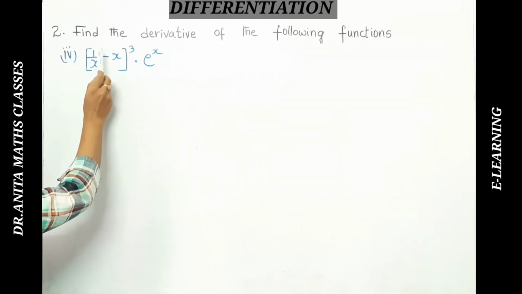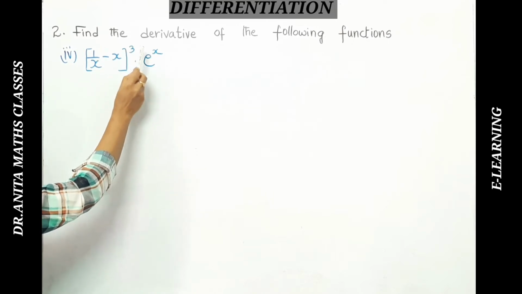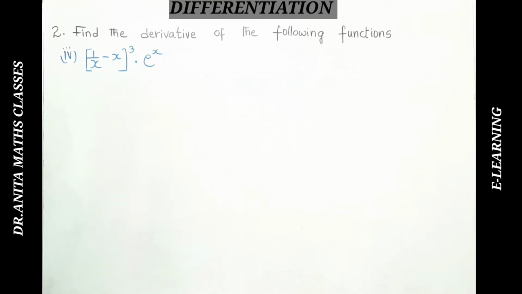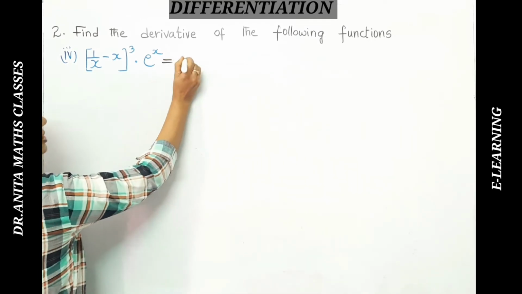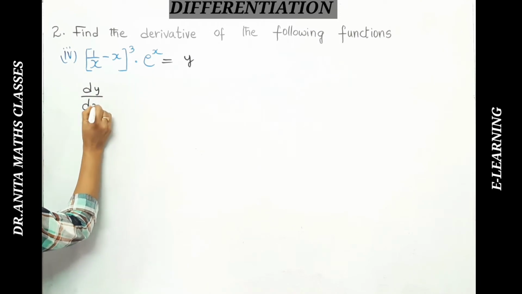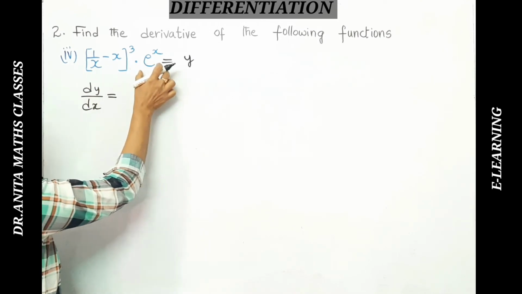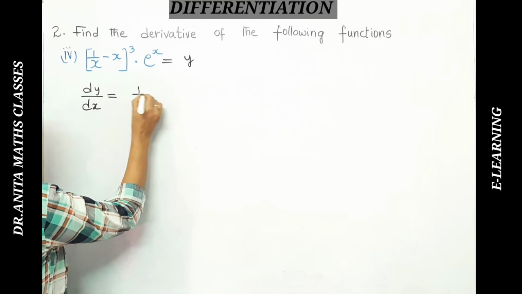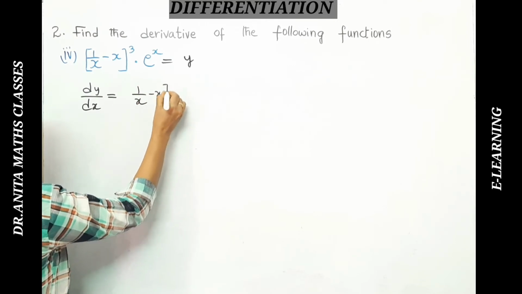See here the fourth one, 1 by x minus x cube multiplied by e to the power of x. So again two functions u and v. Let me suppose this as y. So differentiation of dy by dx is equal to u'v plus uv', okay. So let me write here u as it is